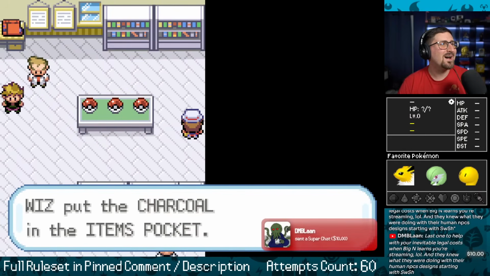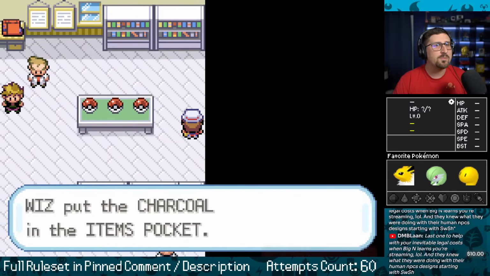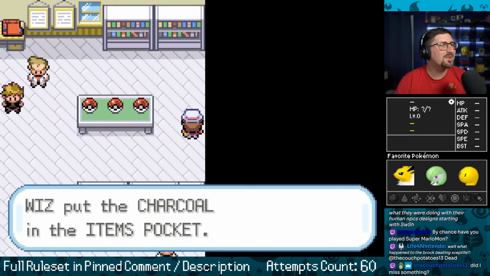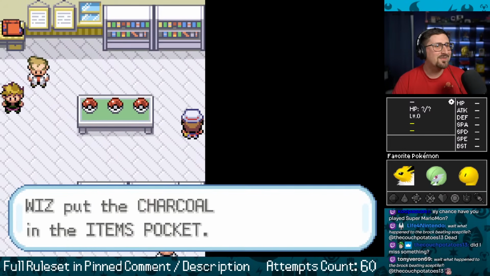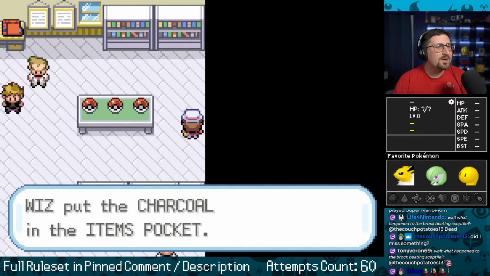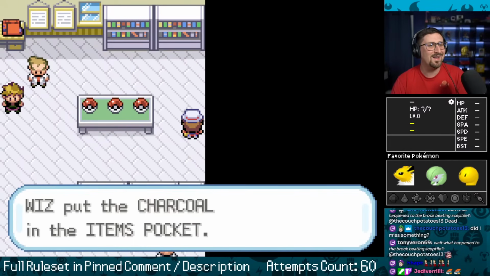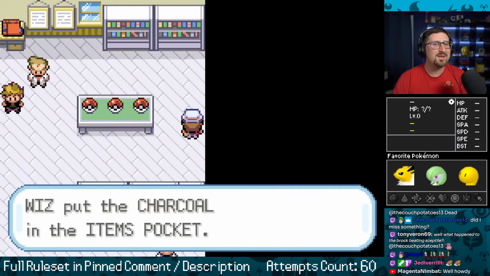And since we are back in here, Twitch subs got the lab emote. Hopefully, all new supporters on YouTube as people are coming in have the access of that. Oh my god, that's a lab, like literally a Dexter's Lab emote. Who's that from? That's fire. Last one, help with your inevitable legal costs when Big Nintendo learns you're streaming. What are they gonna do? Everybody does this. I appreciate it though.